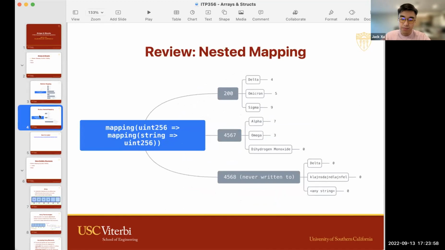So here I did a better example. Let's say this is still the same mapping as the one you saw earlier, but now I've added 4, 5, 6, 8. But you see, I say it's never been written to. Here I'm just visualizing a random key that is empty. In this case, a mapping that maps from a number to another mapping. For any random key that we haven't written into, the mapping that it points to will be completely empty. So it doesn't matter what value. All the keys within that mapping will also point to empty values.